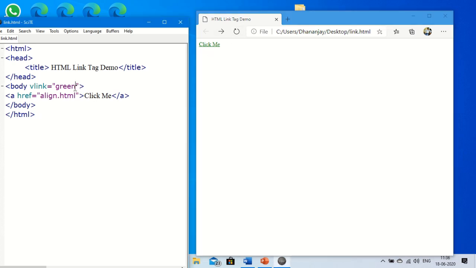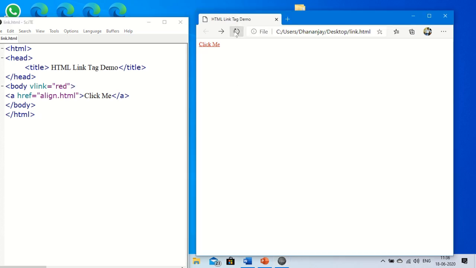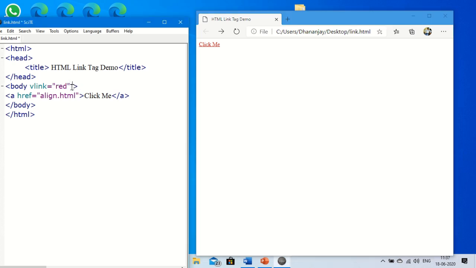Suppose I give here red, you can see the color of this link is red. So you can change the link color just by giving vlink. One more attribute is there, that is called alink, the active link color. So you can change the active link color also. As per your need, you can use it.